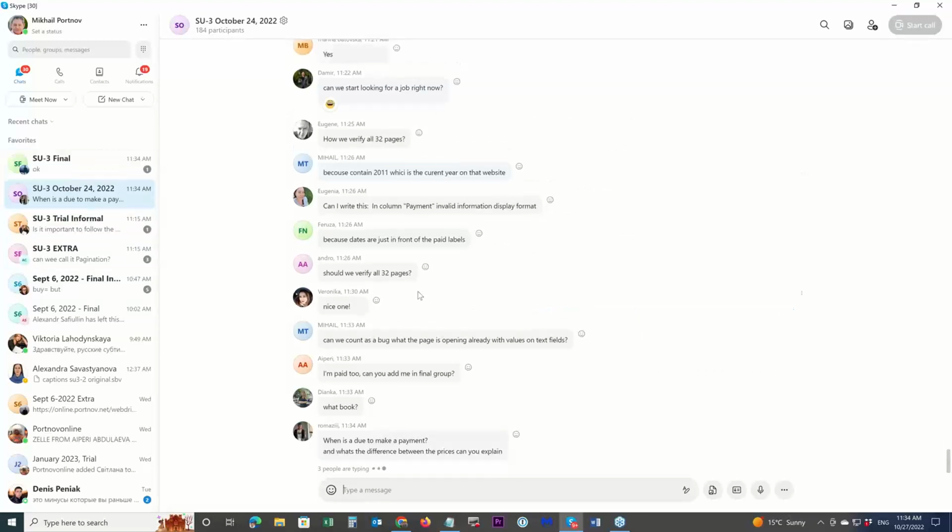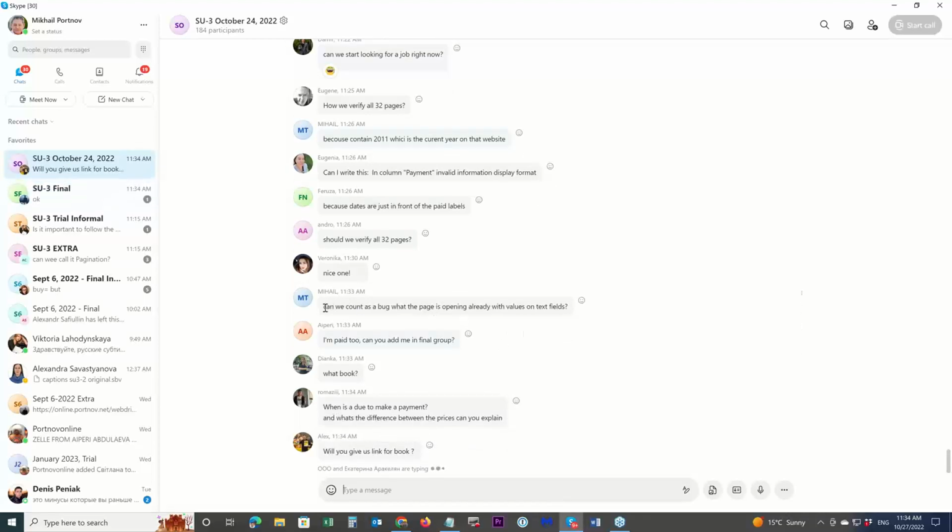Can we count as a bug that the page is opening already with values in the text field? You don't know if that page opened with some values. You have no idea. You are given something to look at, and you don't know how it came to that state. I mean, you have no idea, number one. Number two,